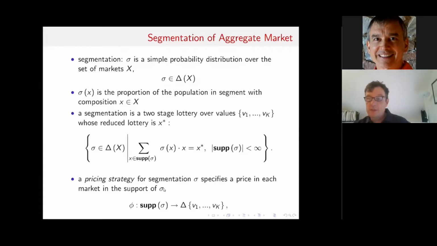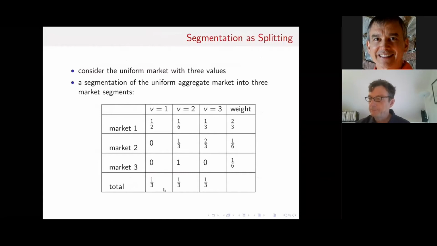And if we had all of these different small segments, and if we had the ability to localize pricing, then we would have a strategy which tells us, for every segment, we would possibly charge a different price. We would charge a different price for the service in New York, then in Philadelphia, then in Miami, and so on. Okay. Right. So this idea of segmenting the market, subject to the constraint that the sum over the segments needs to be the aggregate, is quite natural.